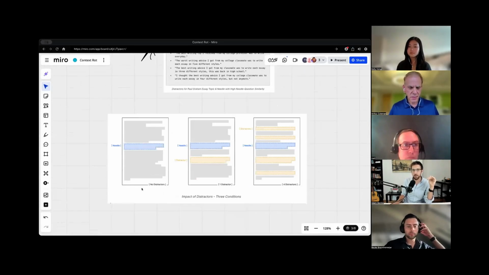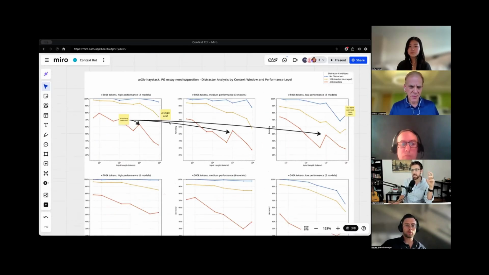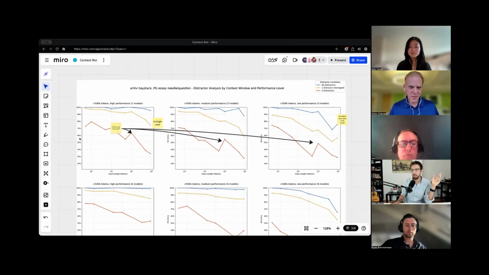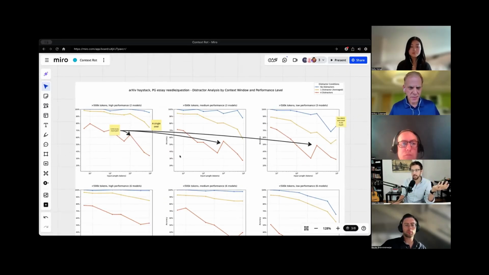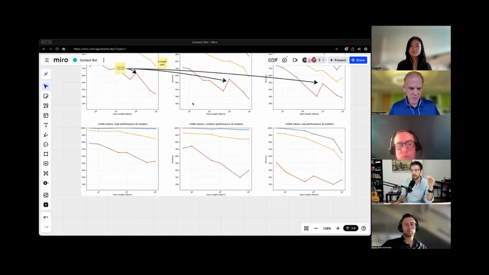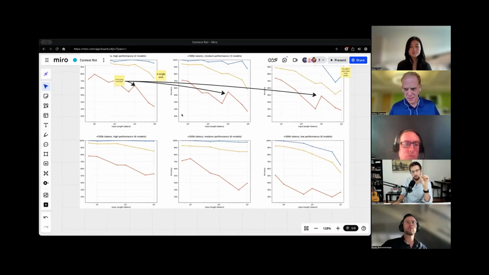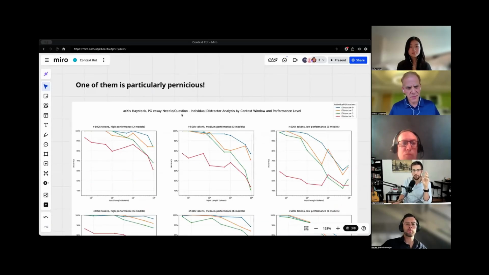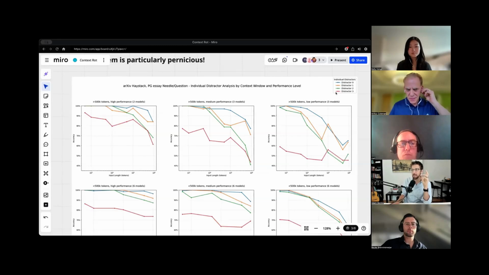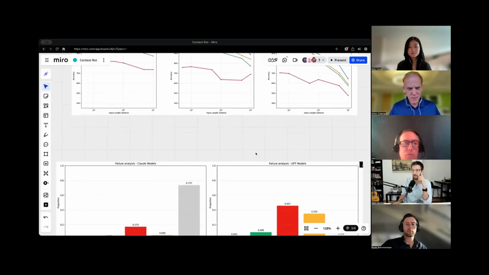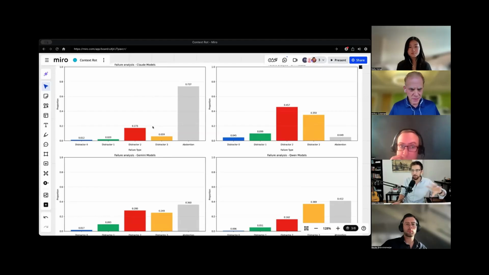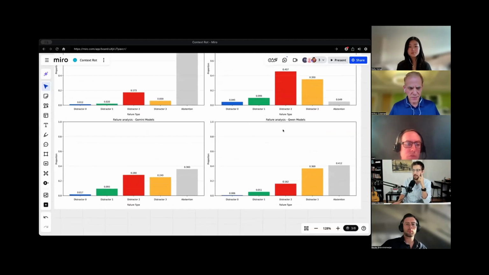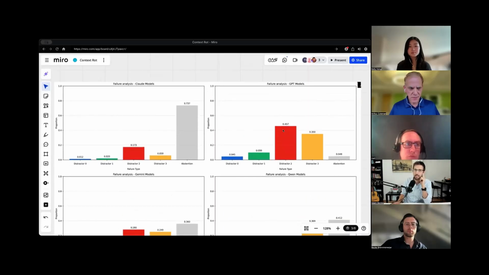This is the case of no distractors. Here, when we throw one in and then multiple in, we see that, almost unsurprisingly, the more distractors you have, the worse it gets, certainly as the input length increases. There are a couple of interesting aspects here, but another fascinating thing is that one of these distractors is particularly pernicious. Why? What's happening there? One of them tends to throw everything off, and then they go into a full error analysis mode to figure out which one it is. But that's the 30-second rundown.